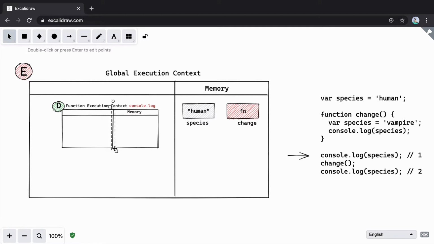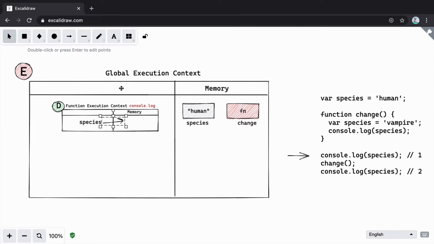I'll make it a bit smaller so we have space for the other function. Here we can see that in console log we are passing the value of species, and the value of species is human right now. So we'll say console.log species. Inside this function, when you're looking for a variable, you first look into your own memory.